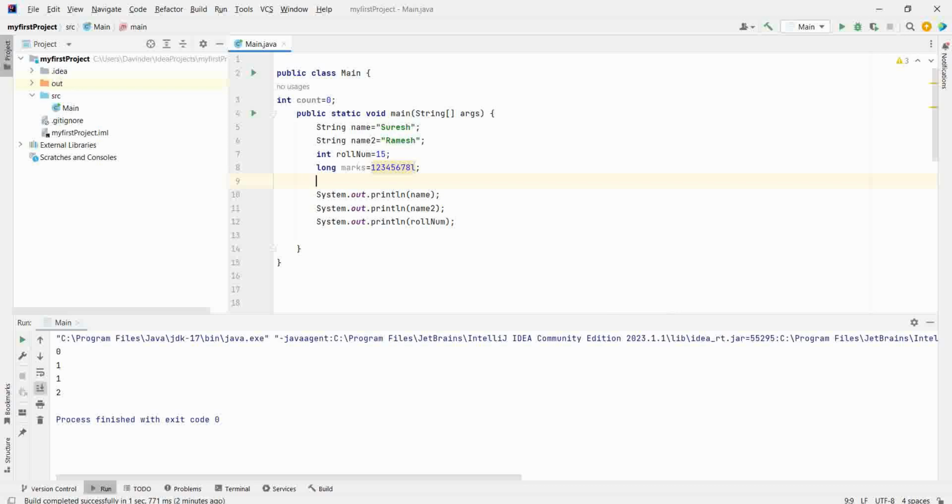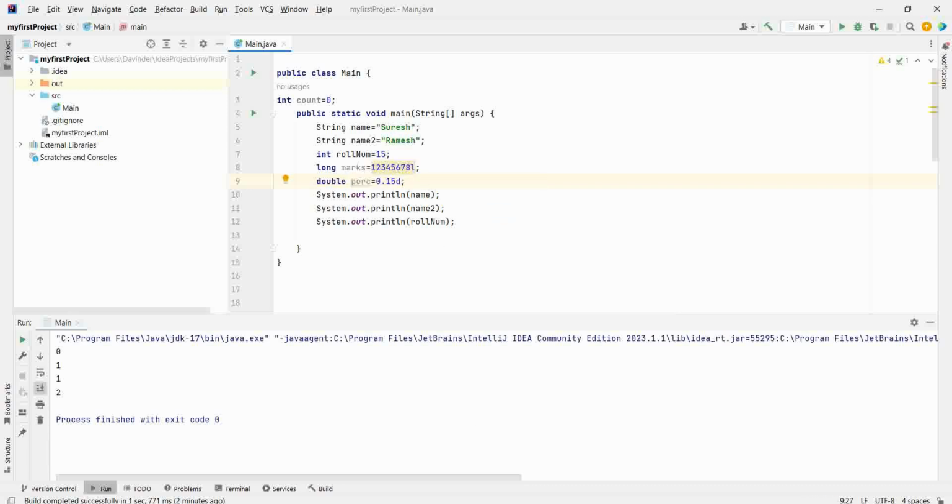Similarly, if you want to save any value which has a decimal as well, then you will use double. Percentage equal to 0.15, and the symbol for double is D. So if you want to save anything which has a decimal digit, then you will use double.